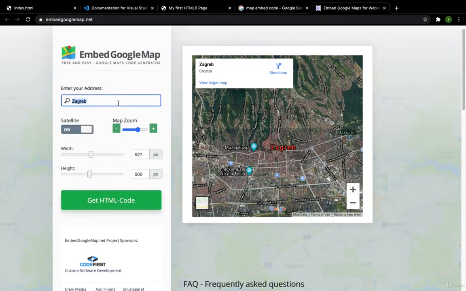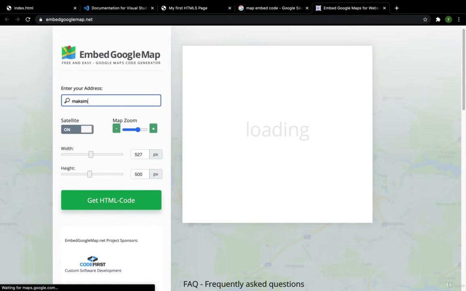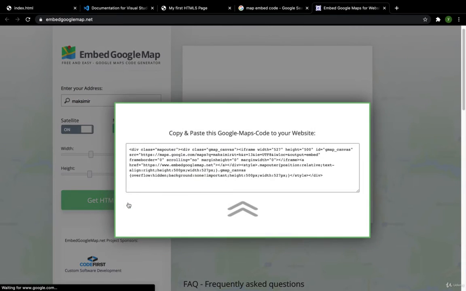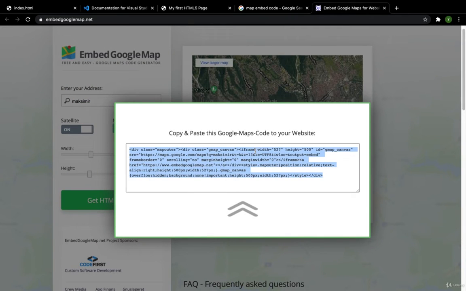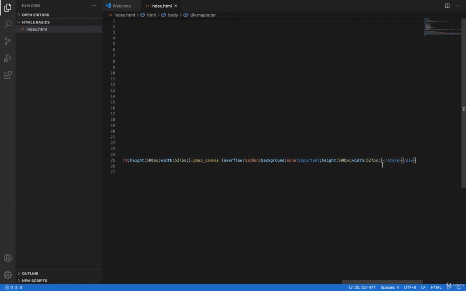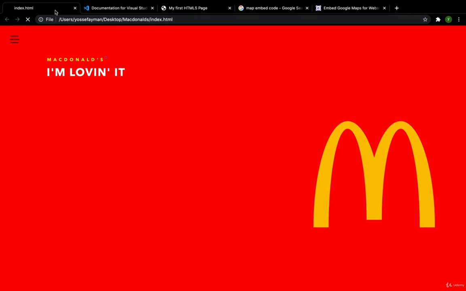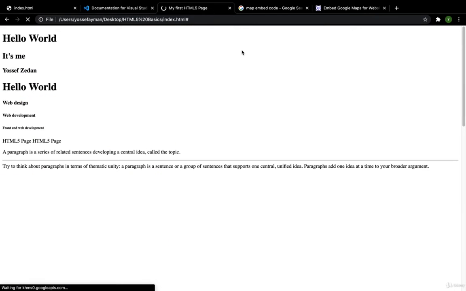I can make here, I'm sure you don't know this place unless you are from the Zagreb. Now when I get the HTML code, copy, let's paste it into our page. When I click here, when I reload, it's near from the center of Croatia, the center of the Zagreb. When I reload the page,